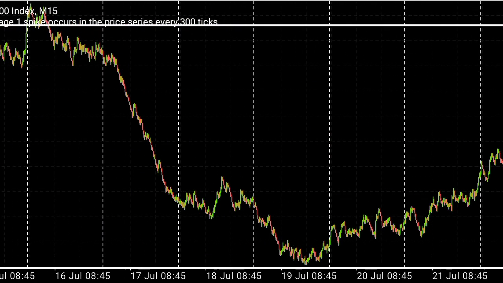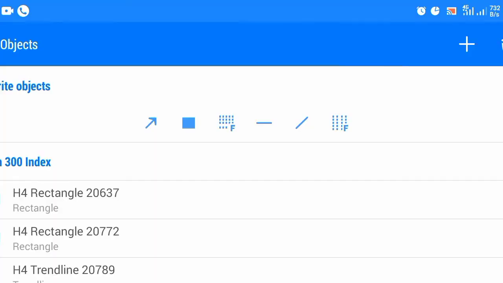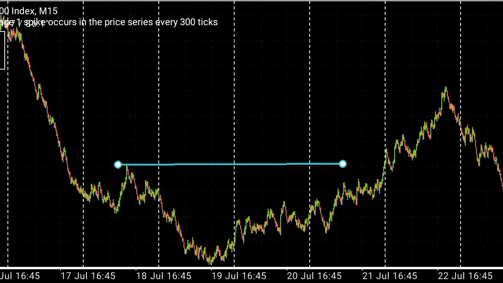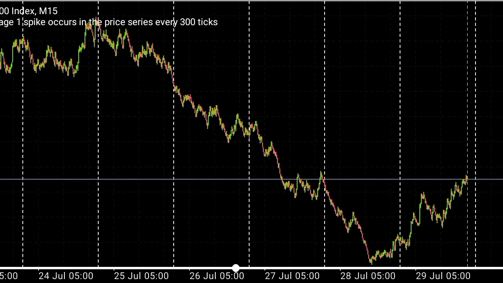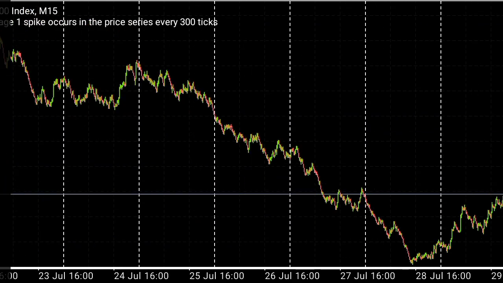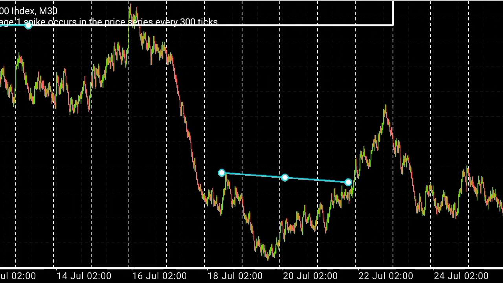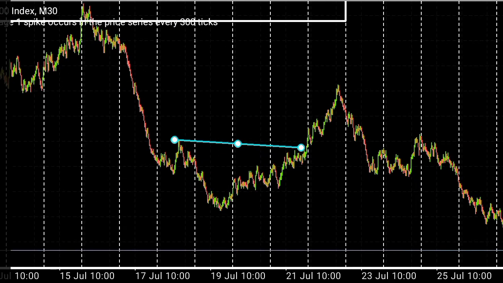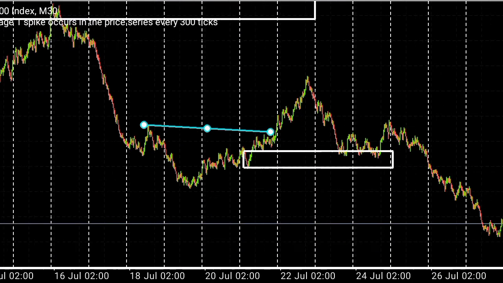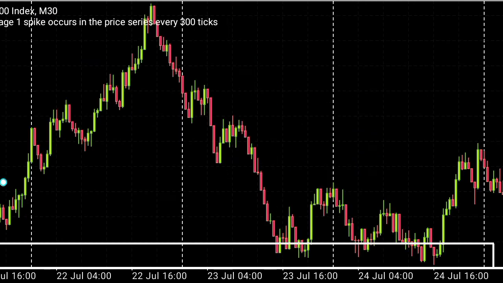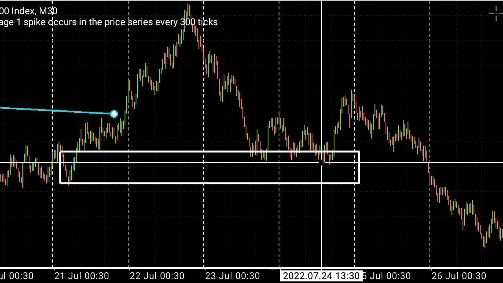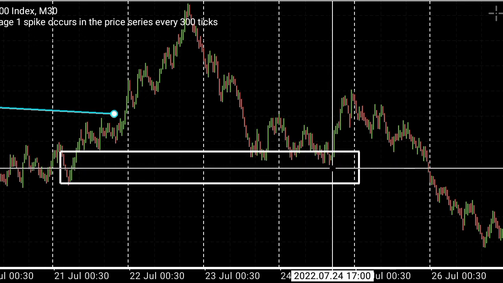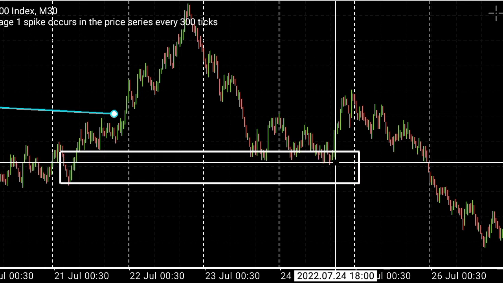See, some people call this a break of structure. Last point of demand, and I could see here there's a Wyckoff accumulation, but we know that this Wyckoff accumulation will not hold. It might just hold for a little buy, but not for a big buy. Because why? Our HTF, our higher time frame,